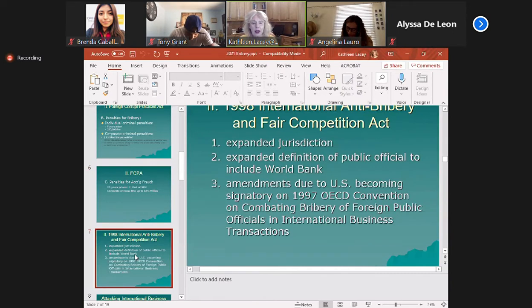Now, in 1998, can you all see this? Yes, okay. In 1998, we had to amend, which means make changes to, our Foreign Corrupt Practices Act. And so we called it the International Anti-Bribery and Fair Competition Act. Now notice the words fair competition have been added because of its impact on two areas of law: the corruption of public officials by paying bribes, and also the corruption of the competition laws of most of the countries in which this was occurring. This particular amendment of 1998 expanded the definition of what was a public official to include the World Bank and the IMF. I need to add IMF to that. I'll do that. Who are the entities making